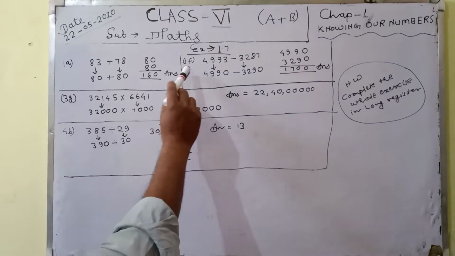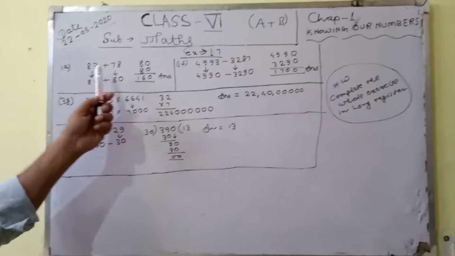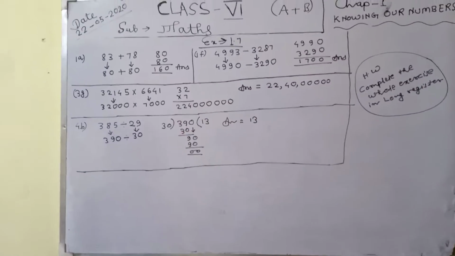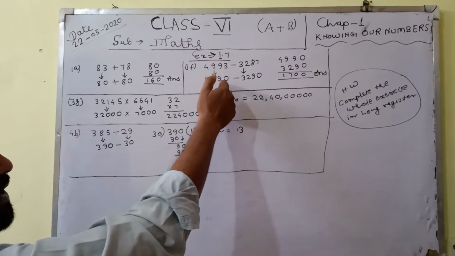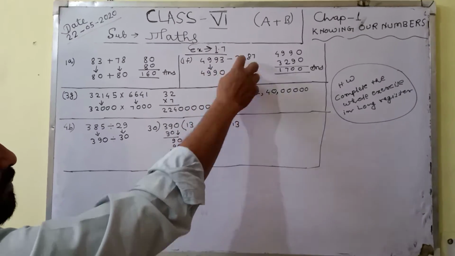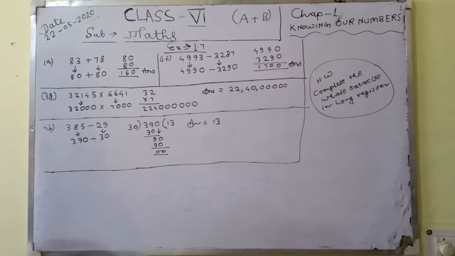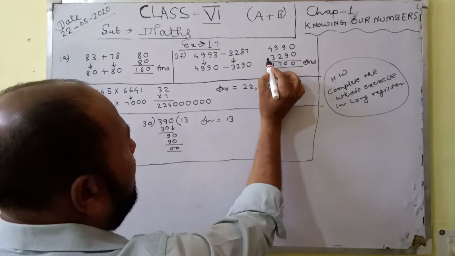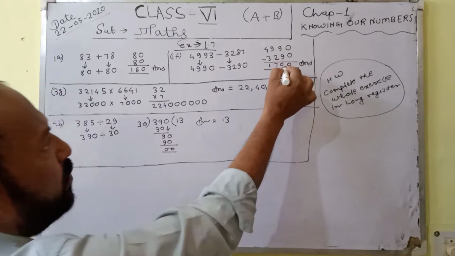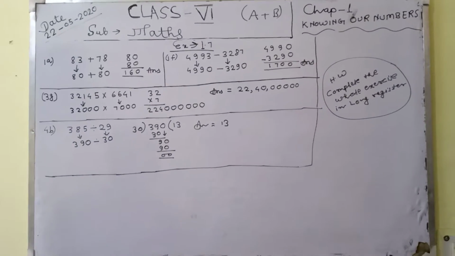Now the same for question 1f. This workout was plus, but this one is minus. Same nearest tens, I have converted into the nearest tens, got this much, converted the nearest tens, got this much. The workout is minus, so we are subtracting here and getting the answer 1700. This is the answer of question 1f.